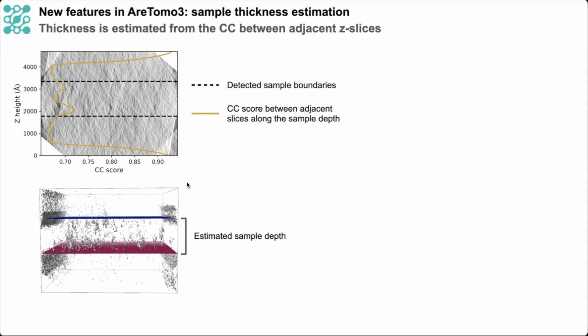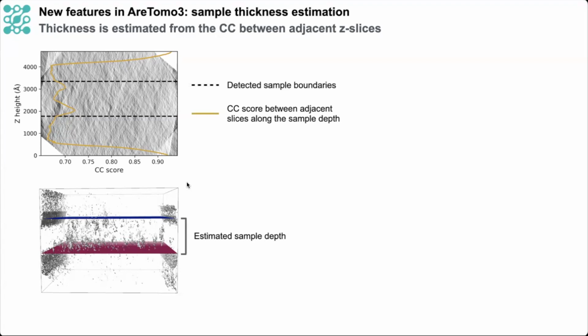These correlation profiles tend to have characteristic shapes, with higher values in the central region where the sample is most concentrated, that then decay to minima beyond the sample boundaries. The correlation scores shoot up again towards the tomogram edges due to back projection artifacts, but those we can safely ignore. Focusing just on the central region, we determine the sample boundaries based on where the correlation falls to the value halfway between the peak nearest the center and the minima on either side.